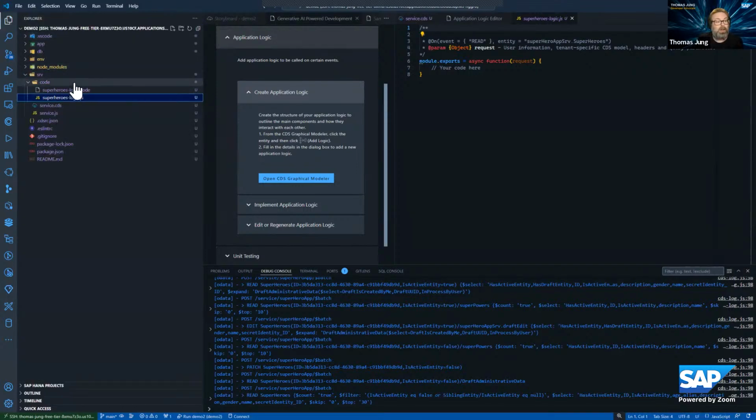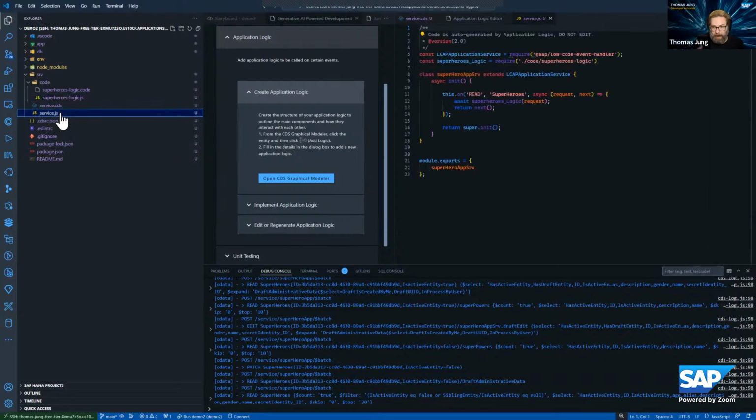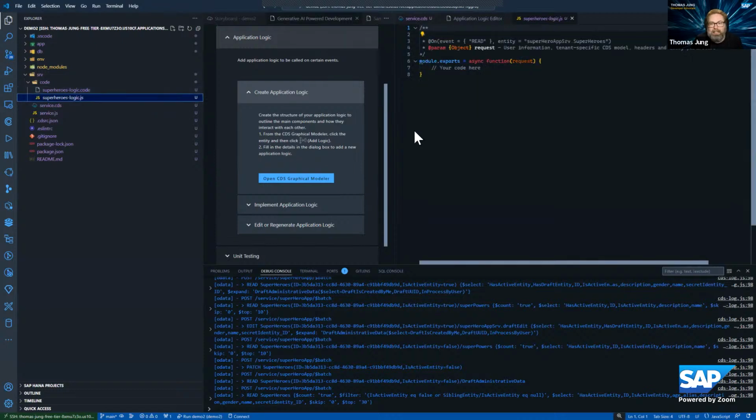I've never done this sort of structure myself of how it's linking the code, but I think this is kind of neat. Because you get the service JS, that's your bootstrap. That's the code that actually gets executed automatically when the service is fired. It's got all the logic to say what kind of event it is and handle that, but it broke out the part where I'm going to write my code into a separate little file here, the superhero logic.js, so that I can focus just on what I want to happen in that event, and I don't see all the boilerplate code that gets me into that event.